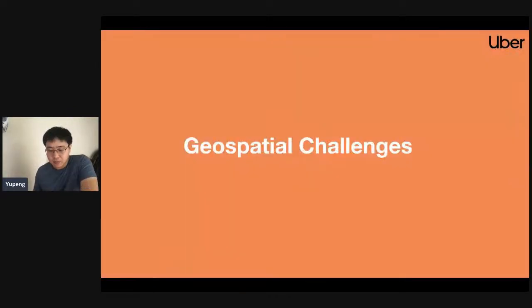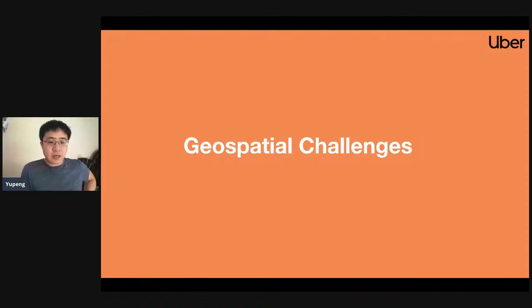So let's move on to talk about the geospatial feature. We contributed this feature last year in 2020, and we spent quite some time on the design phase to see how we can add this geospatial feature in a future-proof way. To further explain this, I would say geospatial is a special topic in big data management, and it's